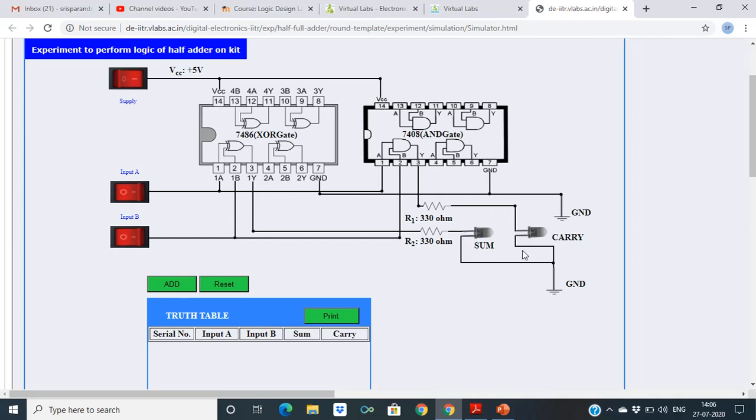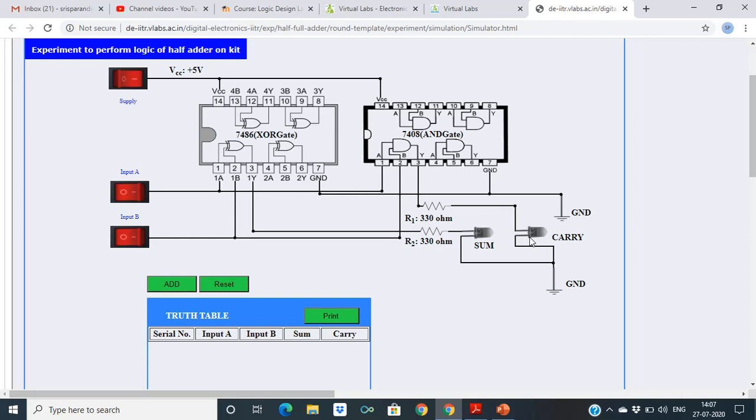We have taken LEDs for checking the output and switches to give the different input combinations. Here A and B are XORed, and this is the sum we are getting. Then for AND, A and B are given here, and you are getting the carry here.